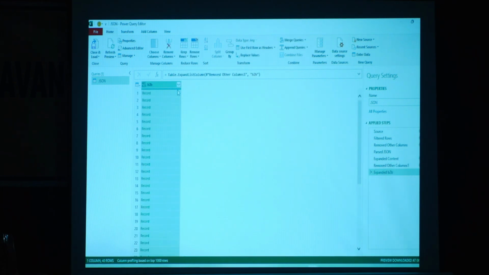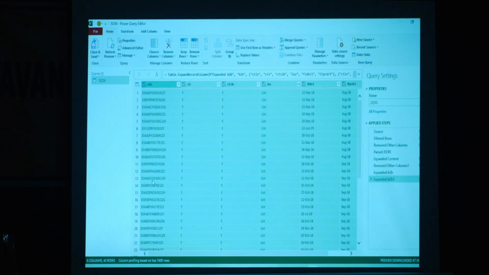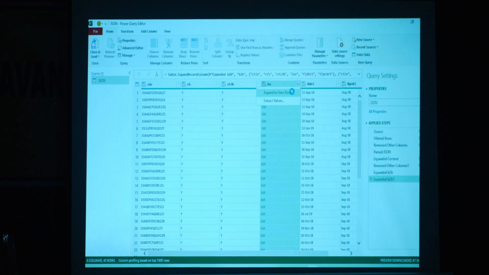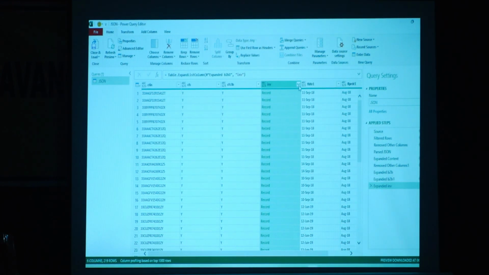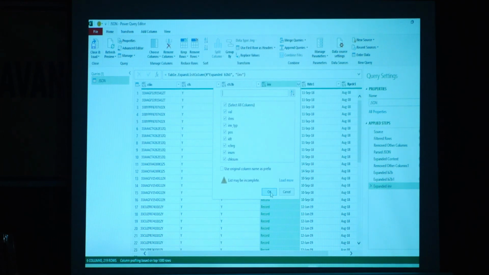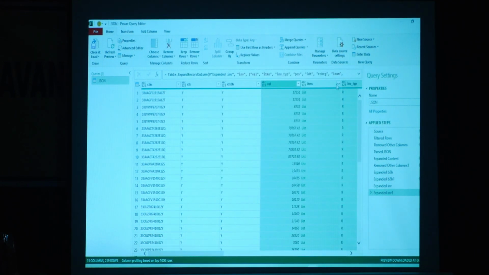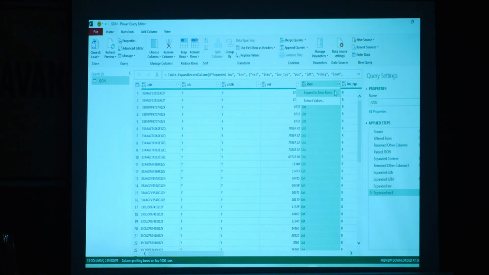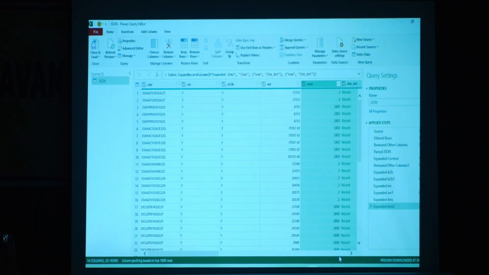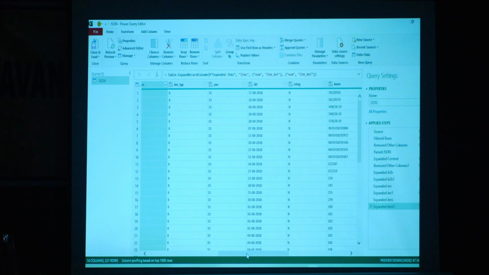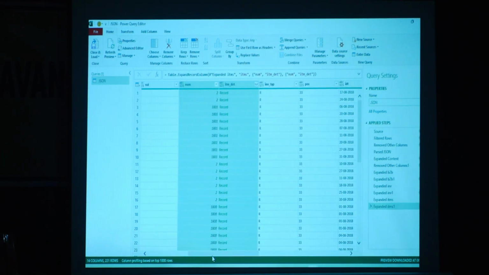Now I am expanding the record. Again it will ask, press OK. Still I have a list, so open it and expand to new rows. Inside the list I have a record, so expand it, and then I am opening these many columns. Then again there is a list. Expand it, expand to new rows. Again let us expand the record. Press OK. Still I have a record, so let me expand the record. Where is the record? Here it is. If I expand the record,